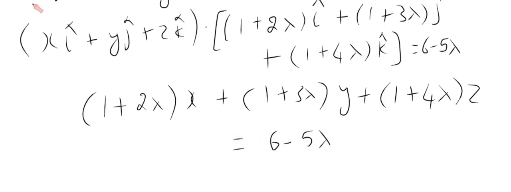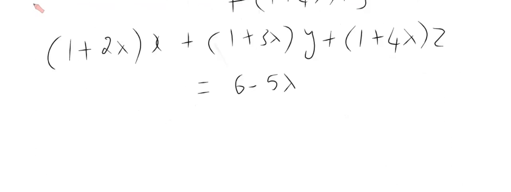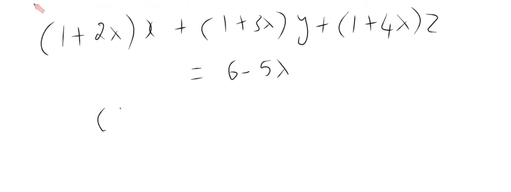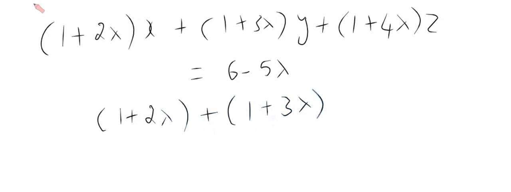Now this passes through the point (1, 1, 1). So in the place of x, y and z we can put 1, 1, 1. So that would give you (1 plus 2 lambda) plus (1 plus 3 lambda) plus (1 plus 4 lambda) is equal to 6 minus 5 lambda,